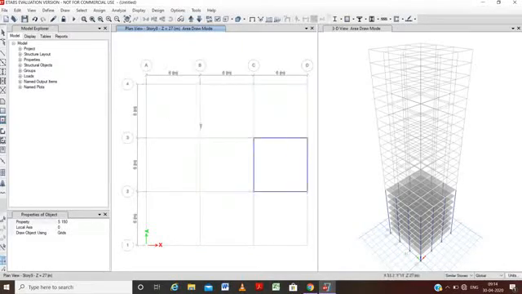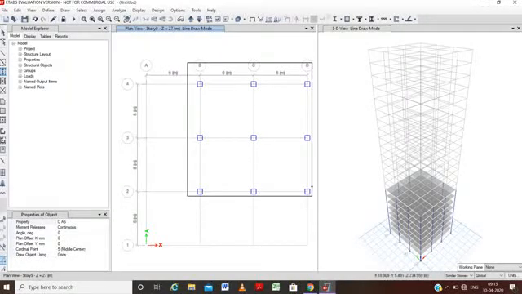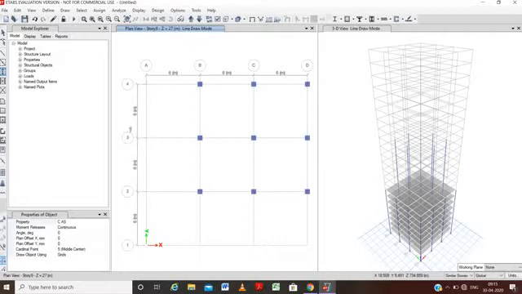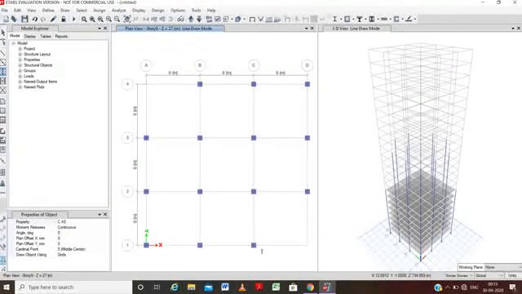So here we're in the 9th story and we can see that none of the things are made here. So as per the plan we have to make our things here. First of all, go to quick draw column and select only the parts which have to be drawn. As per the given plan we have to draw the objects, and like this it has been drawn.